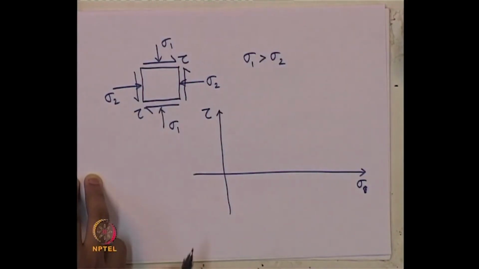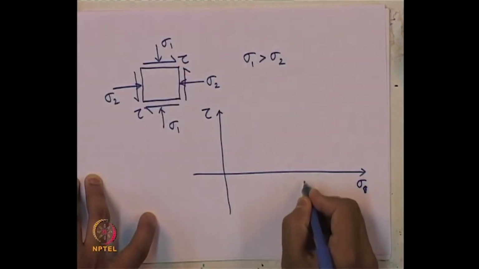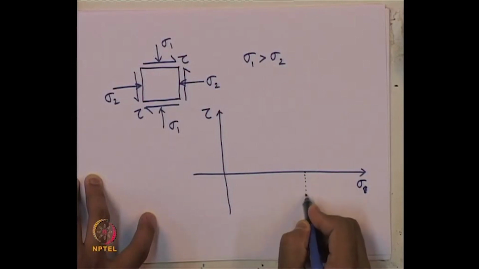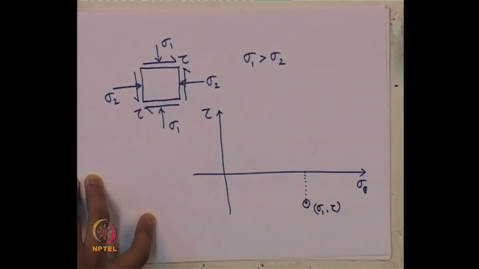That means that tau is negative, right. So, the point will be sigma 1 up to here, then here. So, this is the point with value sigma 1, tau as per our convention, as I said,